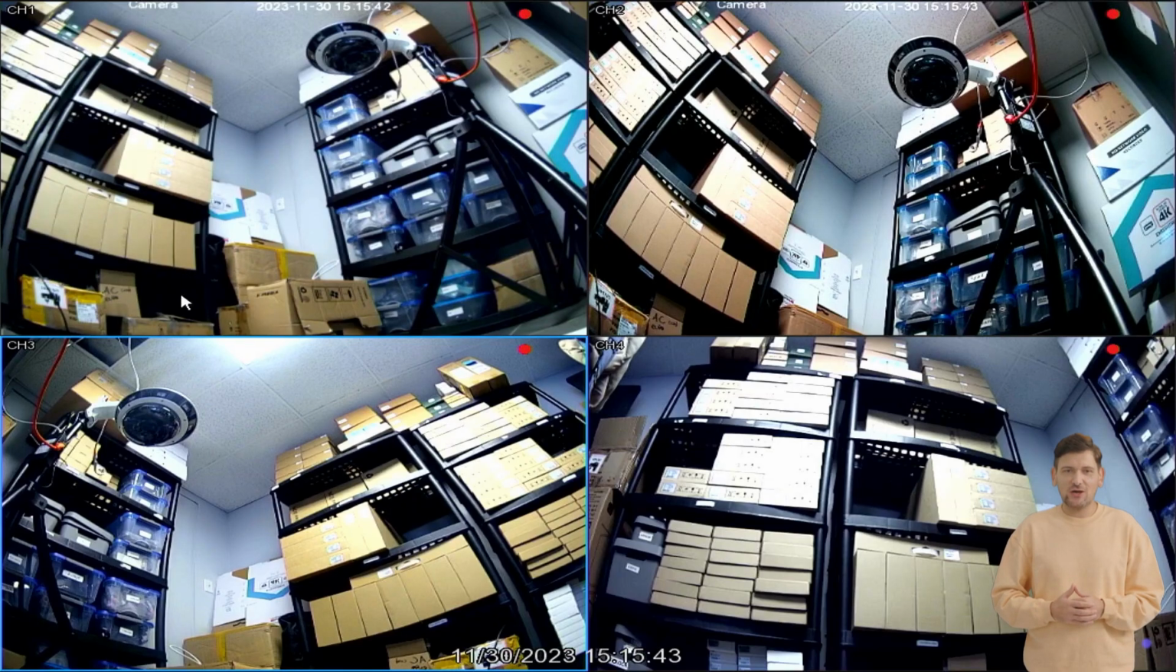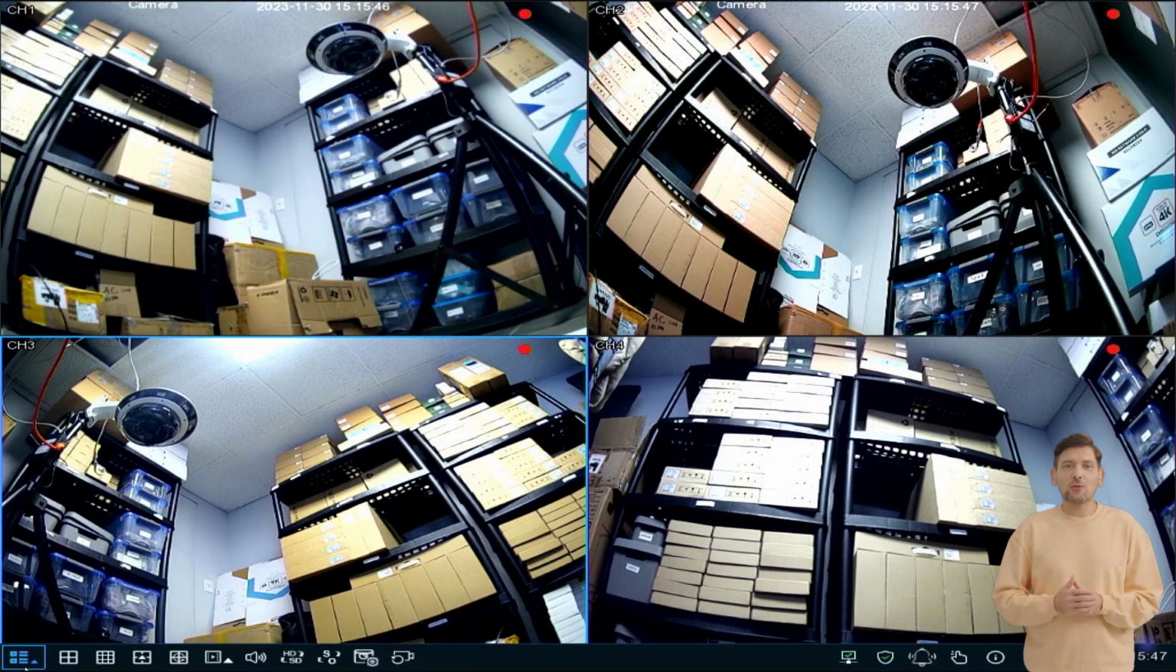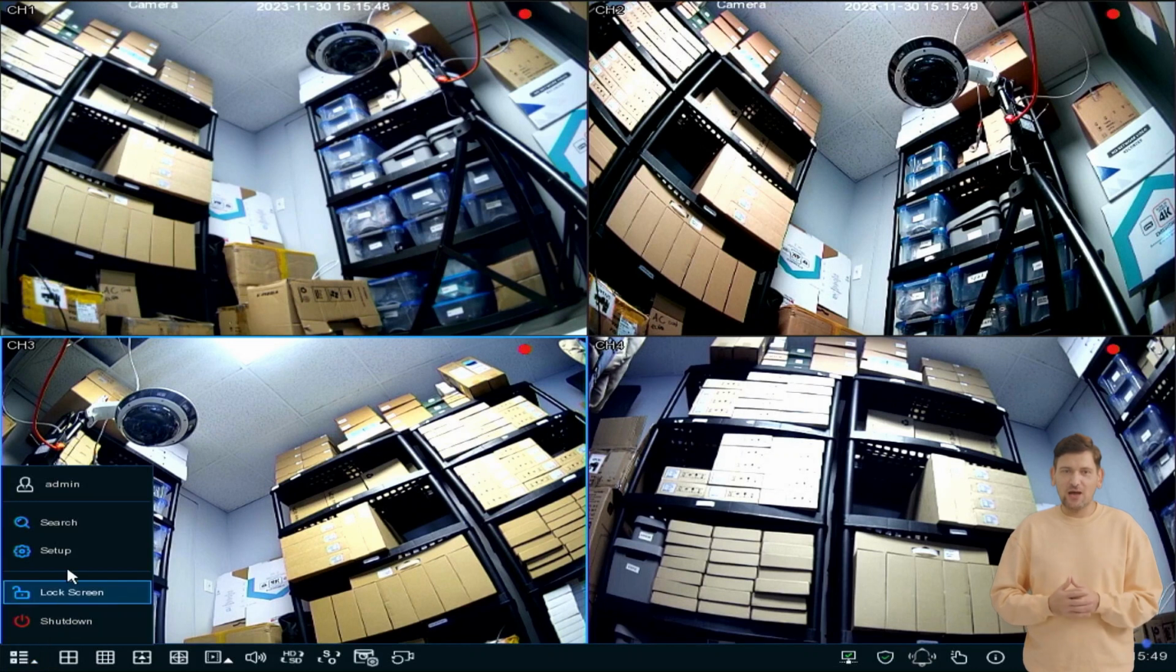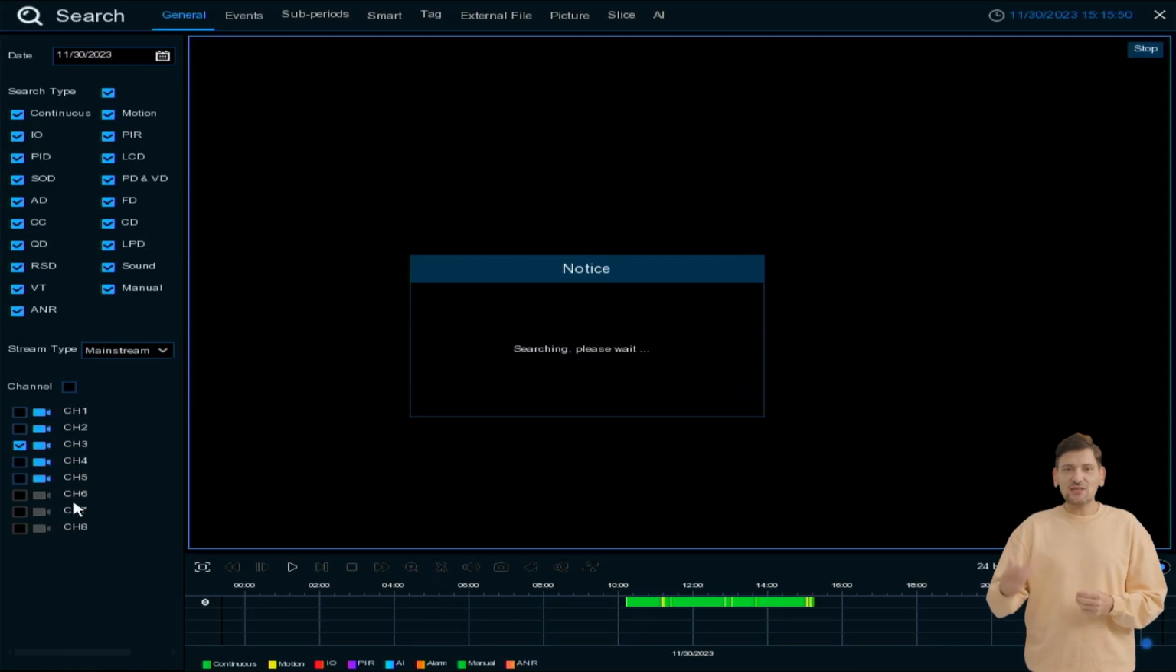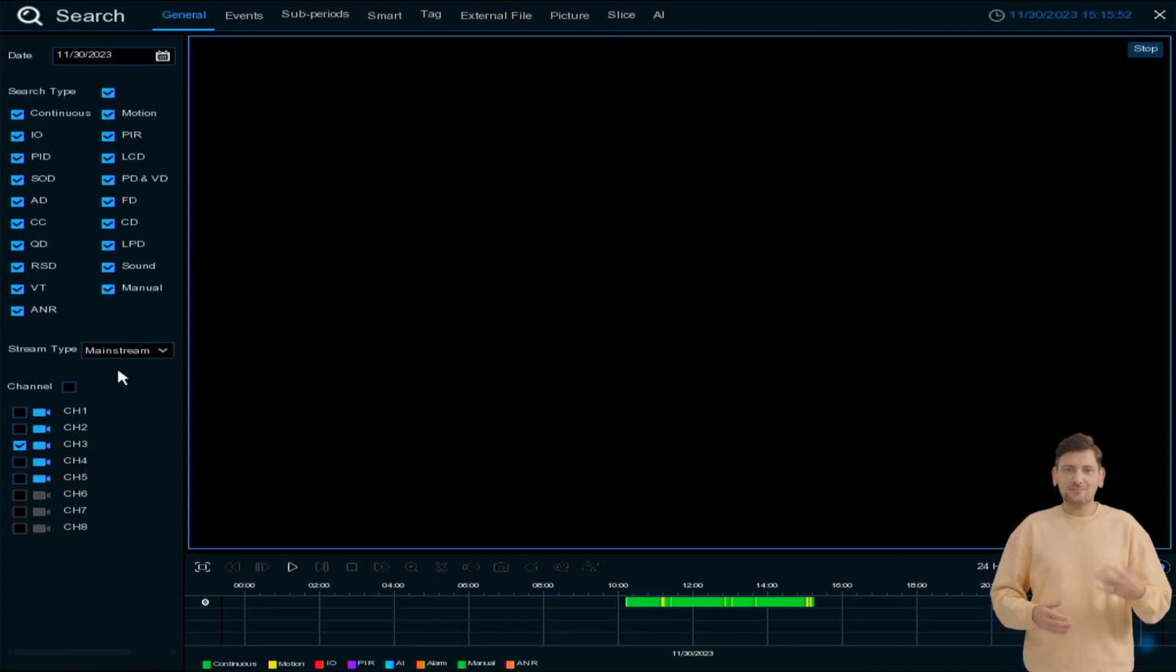With our device turned on, we come to the bottom left. From here we go to Search. Now, we can search the different views for each of the cameras we have connected. We currently have 5 cameras connected, and if we want to save a video clip, let's say from the camera